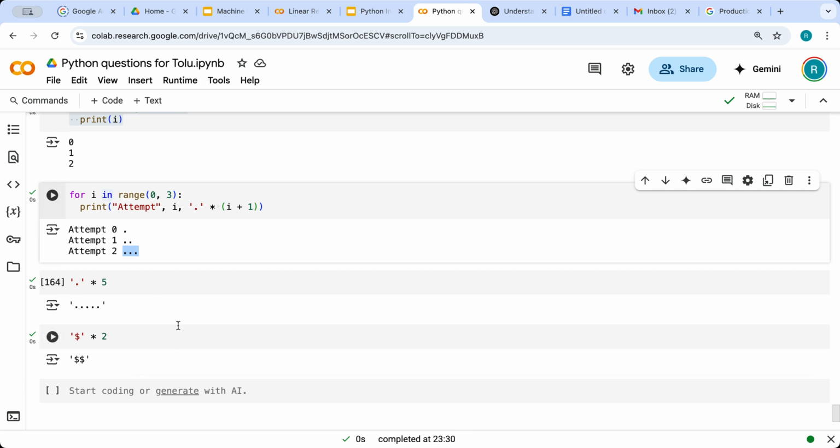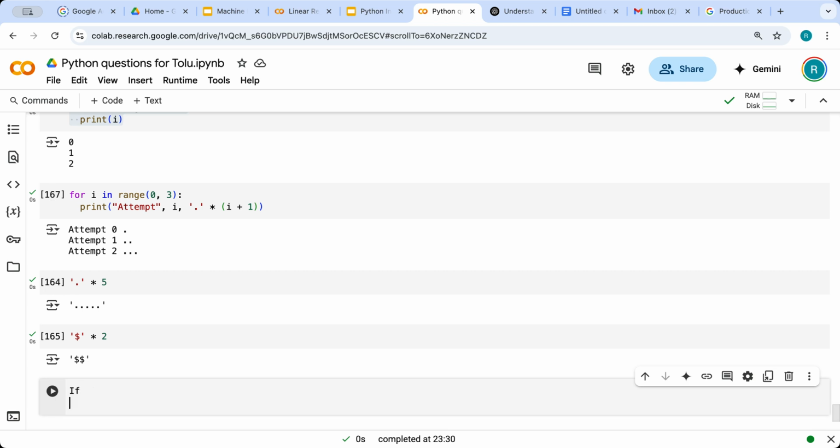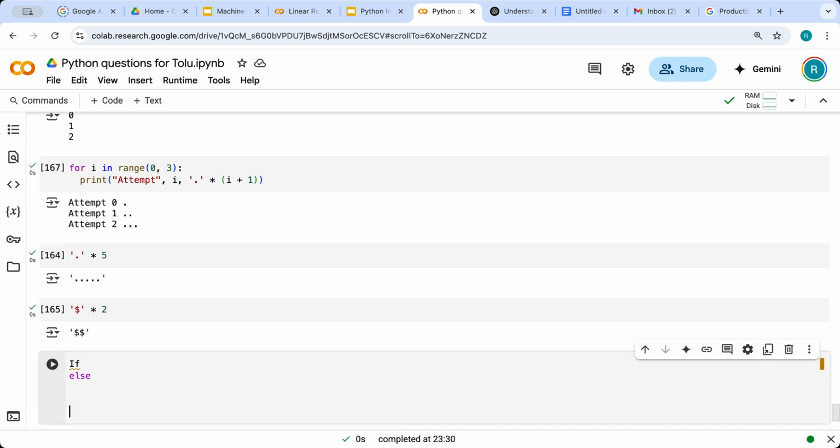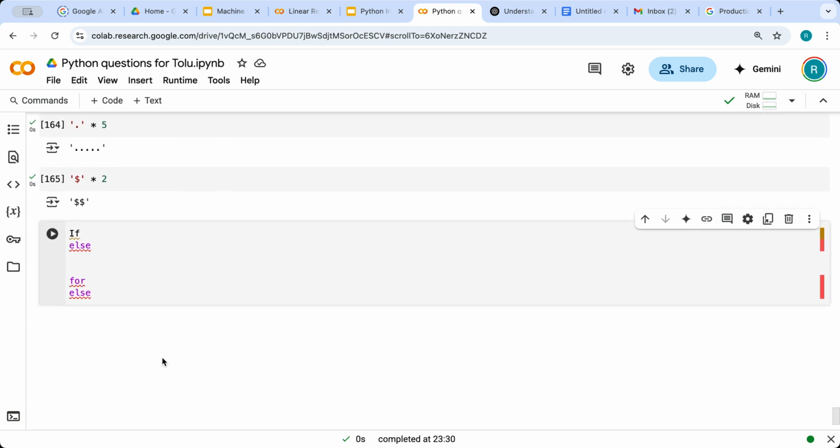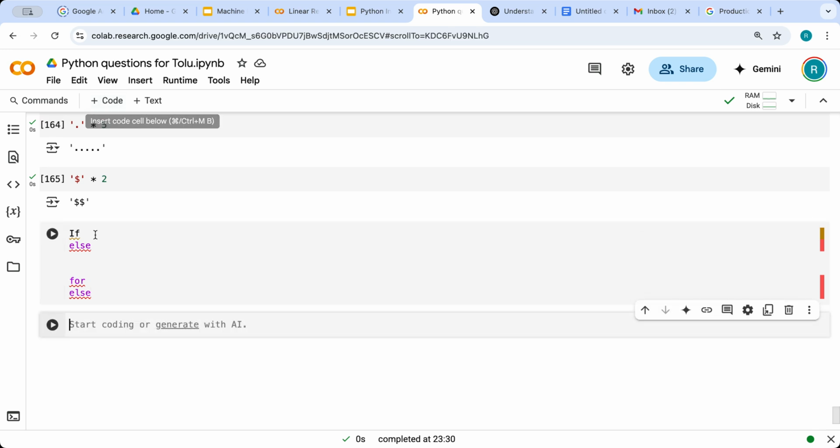And for the for loop there is something called else, like how we have if, else, like that we have for and else. Let's see how this is going to work. For example, for i in range 0, okay, we are talking about this range, right? You may think, when in the real world would I have to use the range? So for example, let's say